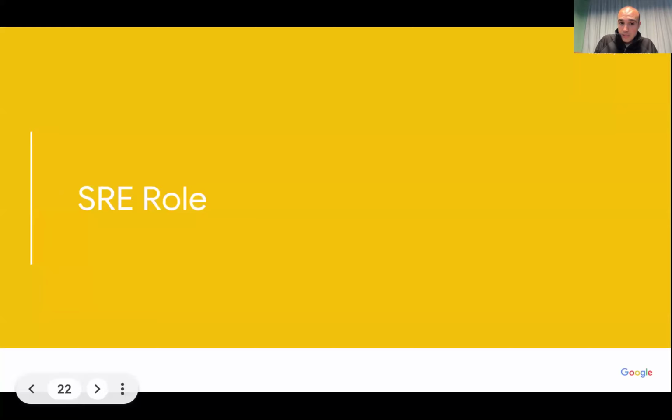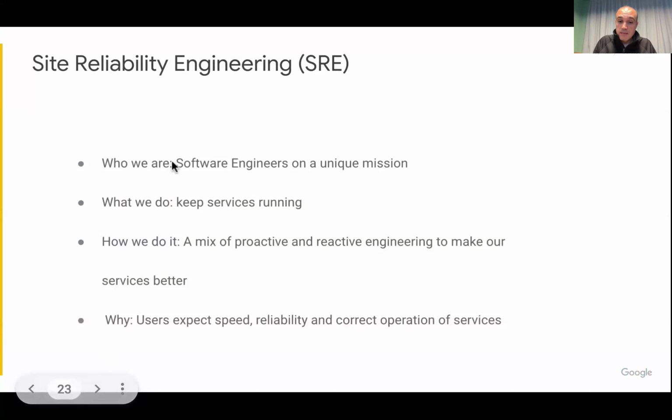And the last section for the day is, okay, how does this translate into a role? My role is SRE, so I do this stuff. What we do is basically, I'm a software engineer, but I'm running production. So what happens when you have software engineers running something? We write software. That's what we do. Production is all infrastructure as code, all CI/CD pipelines, all these things, all automated, because we just write code. I'm not going to run operations by hand. I prefer to write a program that does it for me.